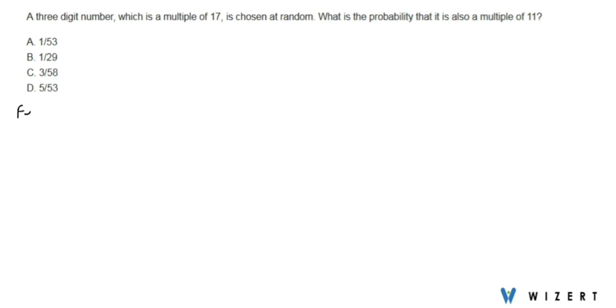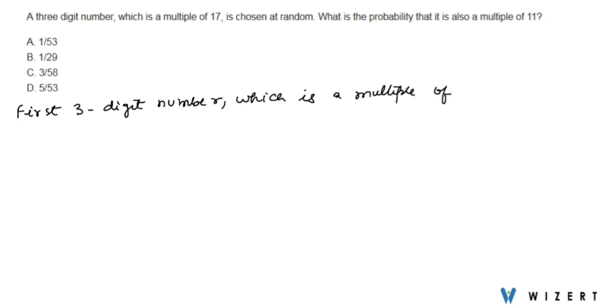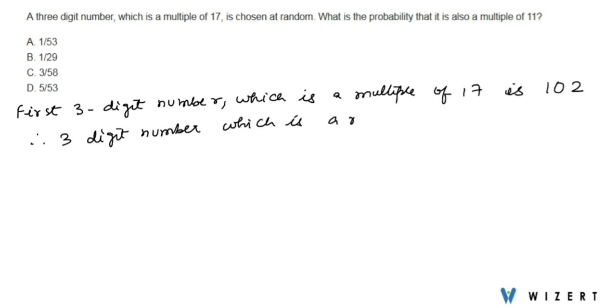So let's write the first 3-digit number that is a multiple of 17. So here it is, 102. So this is a 3-digit number and also it is a multiple of 17. Therefore we can say that the 3-digit numbers which are multiples of 17 are